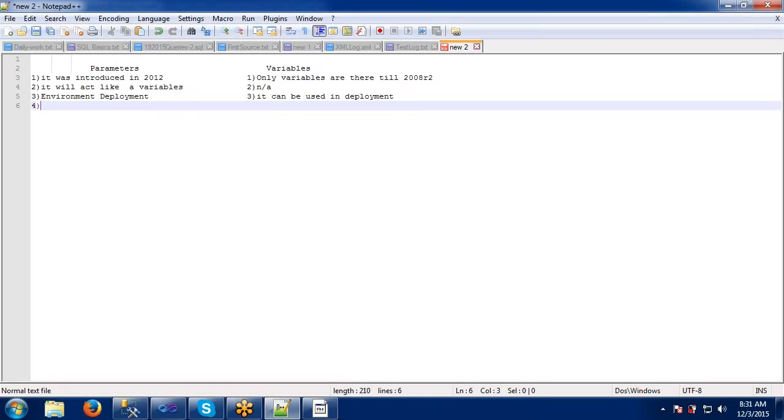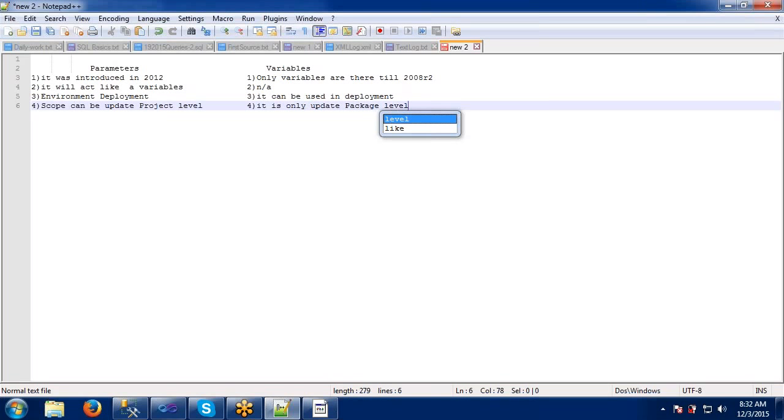The most important thing is the scope. For parameters, scope can be up to project level. For variables, it is only up to package level.